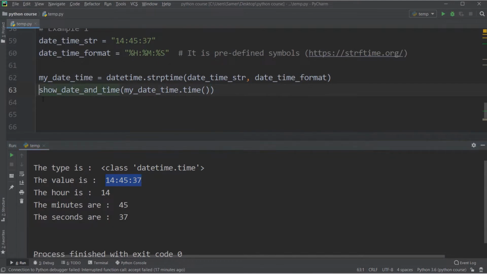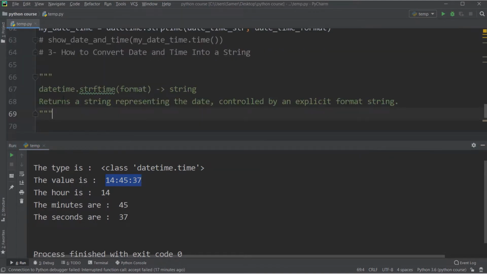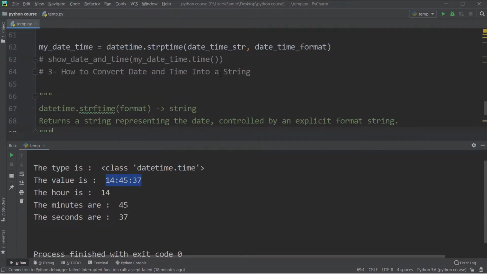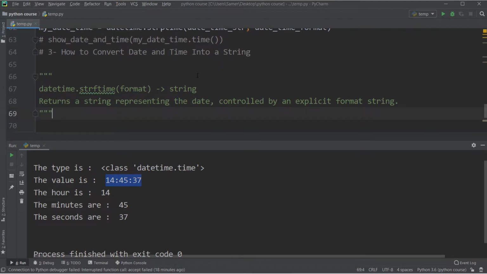Now let's talk about the opposite idea, which means how we can convert date and time into a string. Which means I have a standard datetime object and I want to convert this object into a string. Usually we need something like this, for example, if I want to write some log messages inside a file and I want to specify the date and time of each message. In this case, you have to convert this datetime object into a string